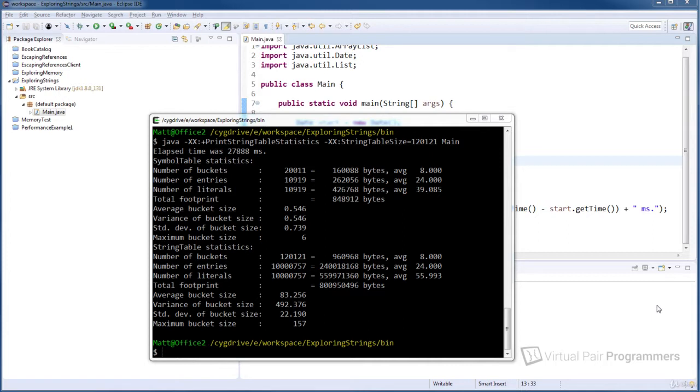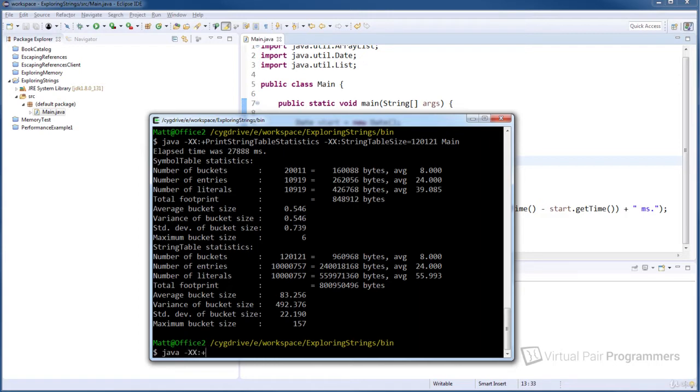And remember that the string pool, ever since Java 8, lives in the heap. So the heap must be at least big enough to store the footprint required by the string pool. In our case, that's 800 megabytes. Now, to find out the size of the heap, I hope you'll remember from earlier in the course, one of the ways we can do that, and this is the reason I'm using Cygwin, because we'll need to be able to scroll back to find out the answer, is by running